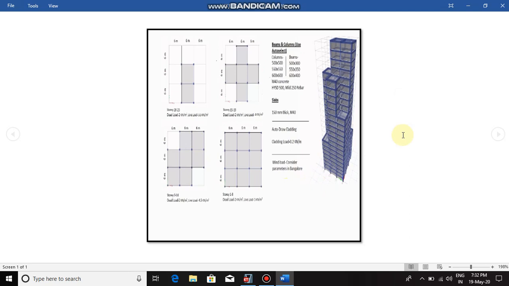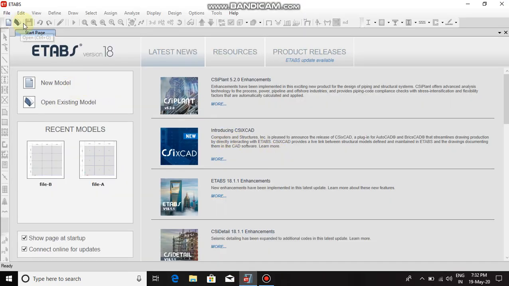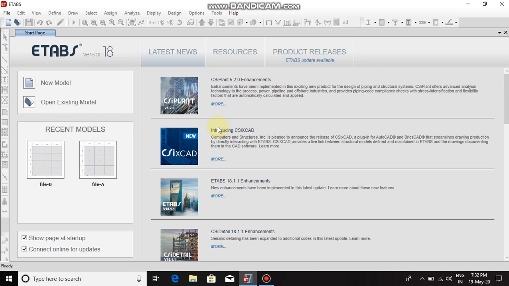Now let's start with the ETAP software. Open the ETAP software. Select the new model from the File menu. It will take some time.